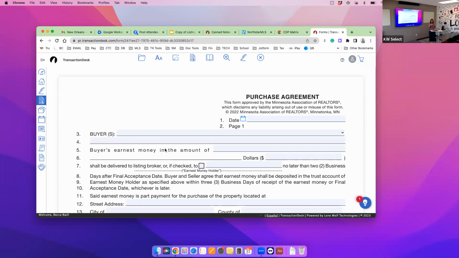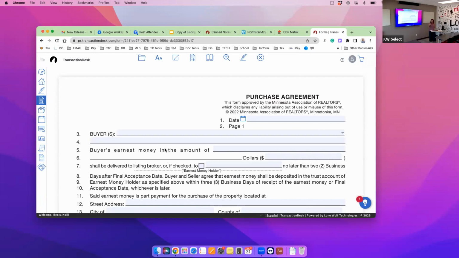yes, and then it's going to start asking you all these questions that you're like, skip, just get me to the purchase agreement. The more information you put into the wizard, you have to put it in anyway. Either you type it into the wizard or you type it into the contract. My point is, if you put it into the wizard, it will always automatically populate into whatever document you then add to that transaction. So if down the road you need an amendment, or you need something else down the road,